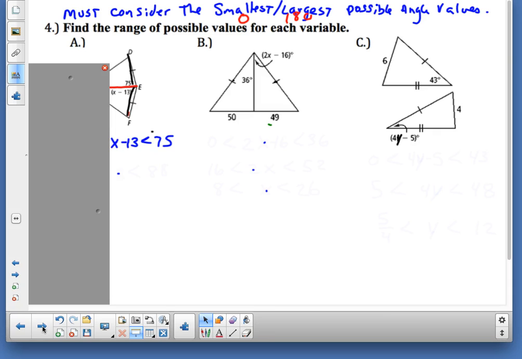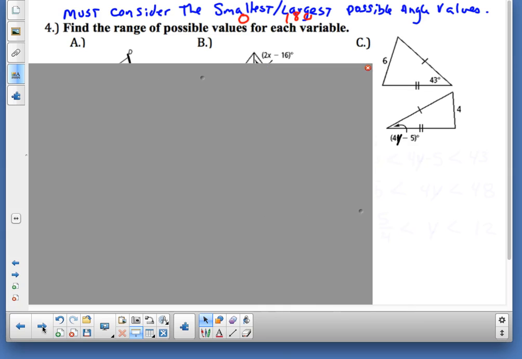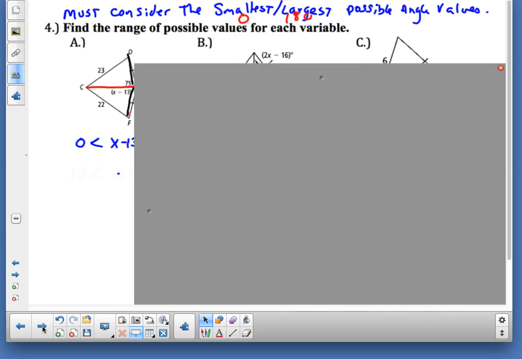All right, so you ready? Keep your eyes open. I don't want to shock you. How would I solve that? What would I do to get x by itself? Yeah. Same thing, right? Weird. So let's do this. Let's multitask.